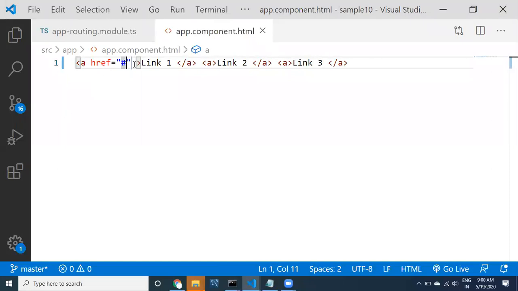Not only for this purpose, but also when we are using routing, we have already taken another example where we provided href equal to hash. This is a very common notation even in HTML, wherever you are using HTML, that may be Spring MVC, or PHP, or ASP, or your Python related HTML code.